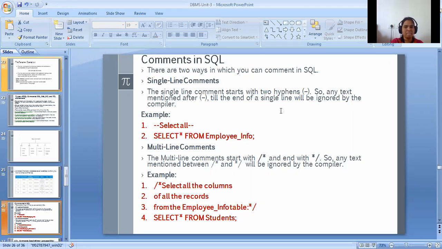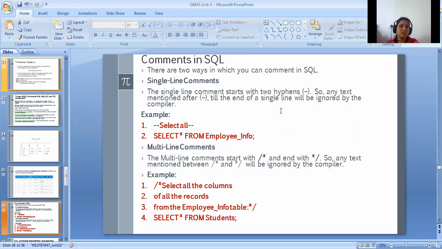Comments. For what purpose are we using comments? Yes, to provide information about what we are doing, we are giving the instruction while writing the code.